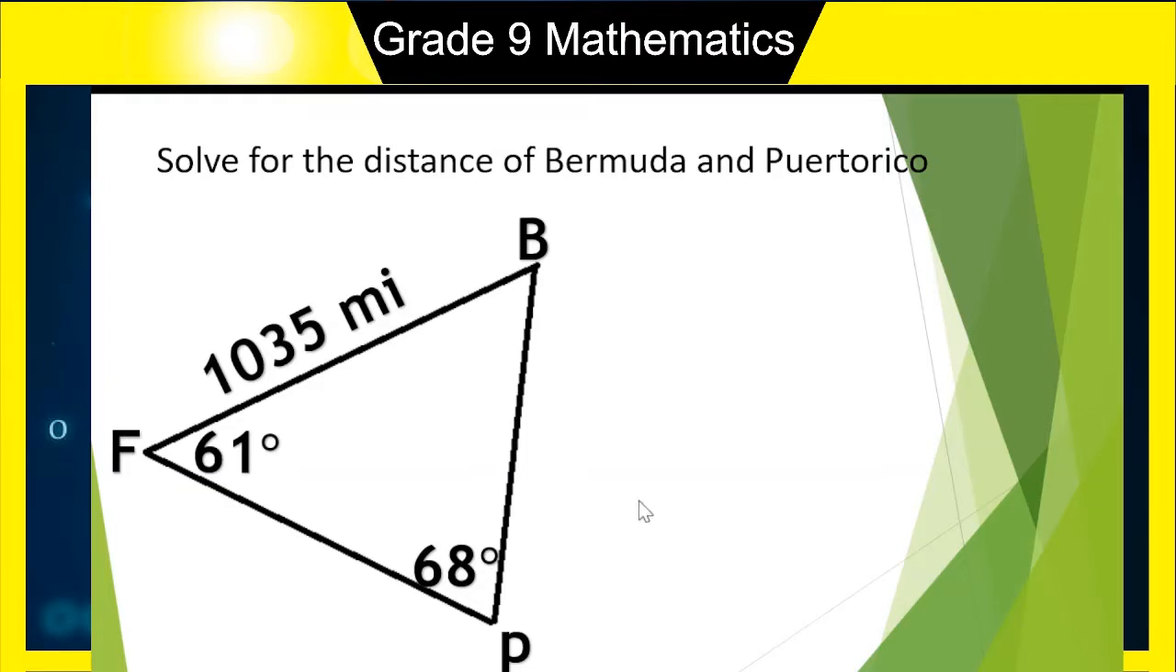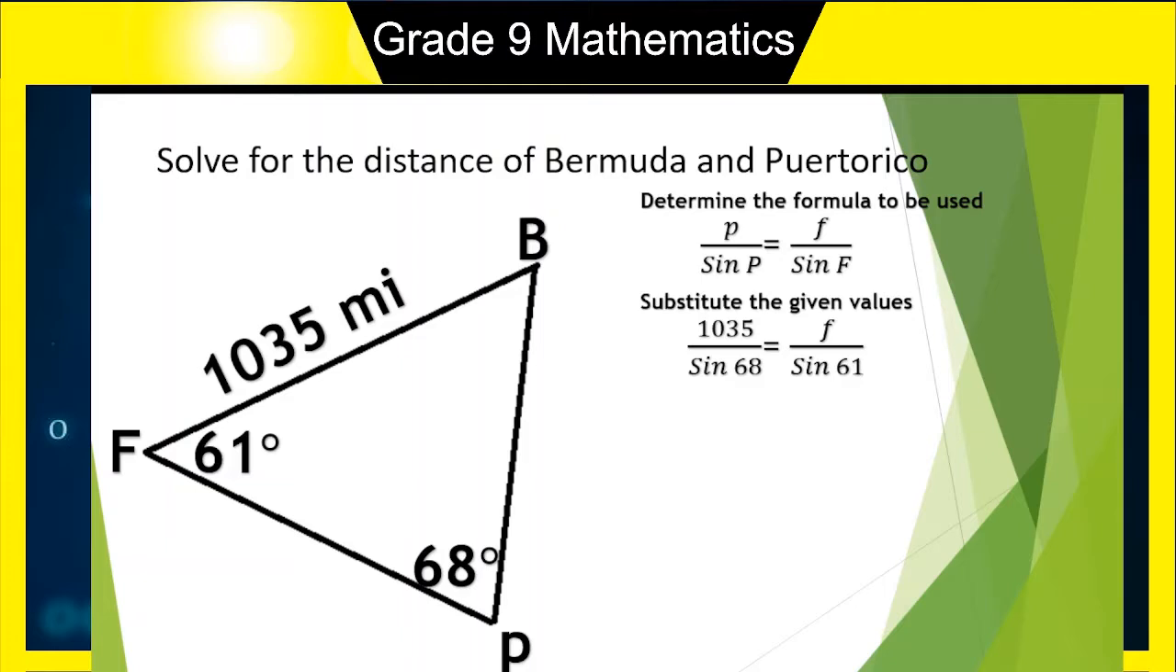Since we already have opposite pairs, which is angle P and side P, we can use the law of sines. So that will be our first step. Therefore, the formula that we are going to use is P over sine P is equal to F over sine F. And afterwards, what you will do is to substitute